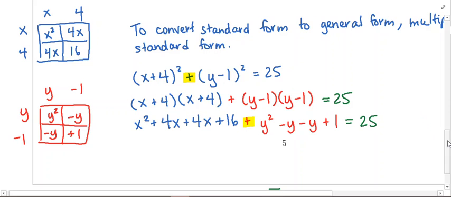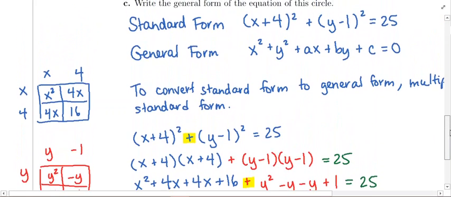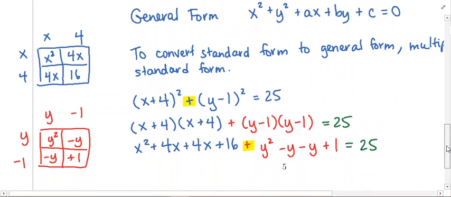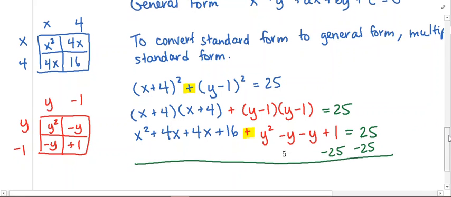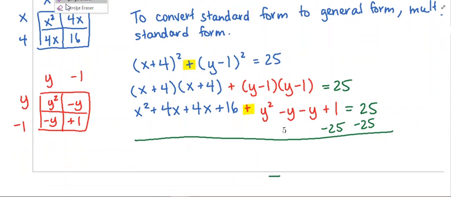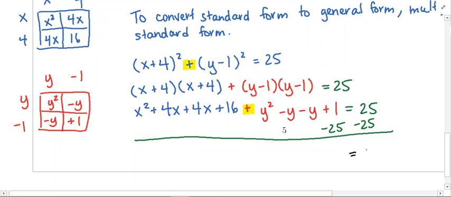All right, so we're getting there. It's starting to look like general form. Notice one key thing about general form is that one side has to be 0. So we need to move this 25 over. Since it's positive, we're going to subtract 25 from both sides. And we're almost done. What's going to happen now on the right side of the equal sign? The 25 minus 25 is going to turn into 0, and we basically need to combine like terms on the